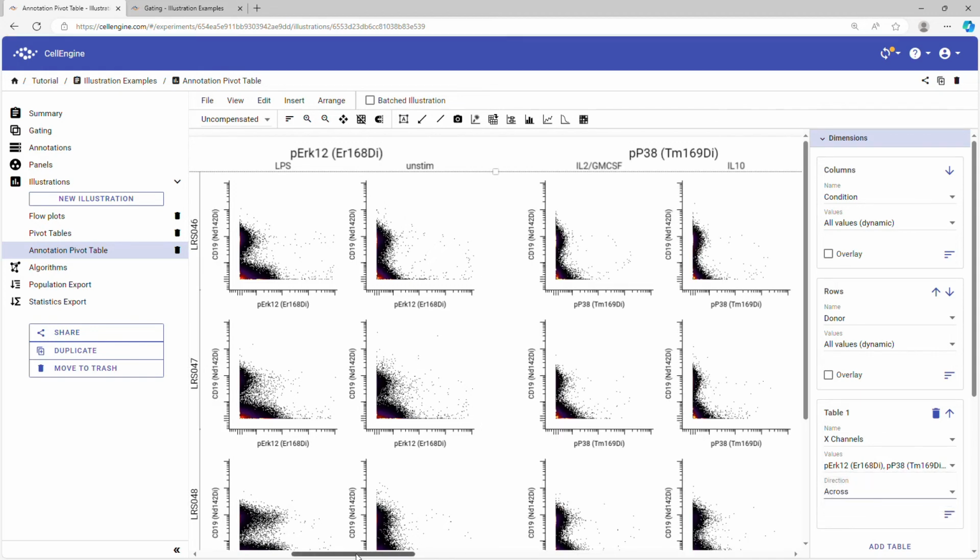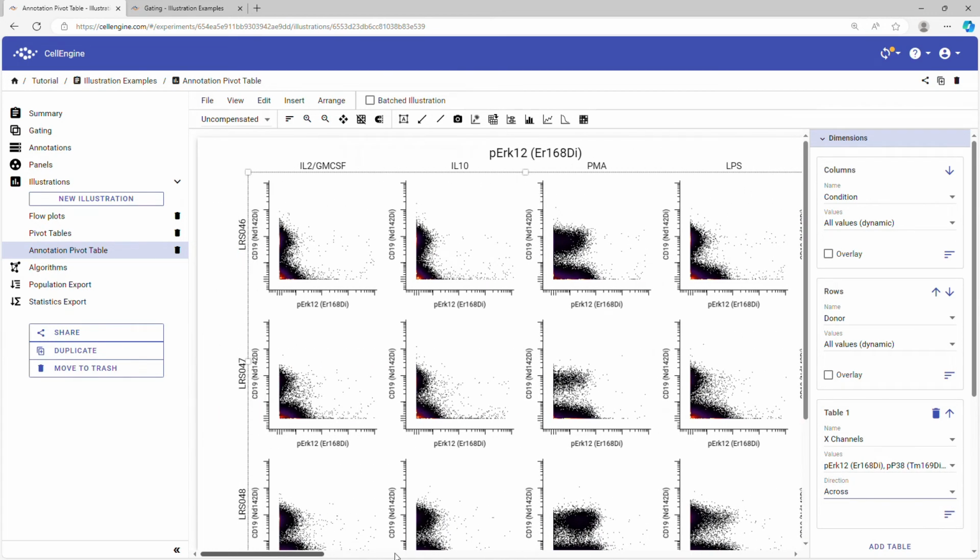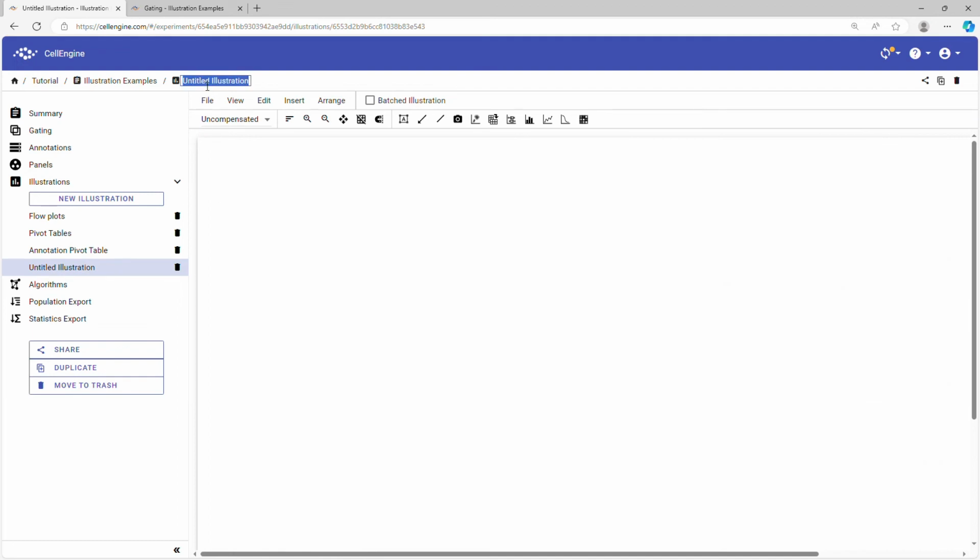That way, you can set up large grids of flow plots for review and comparison and easily reorganize them on the fly. However, the flexibility of pivot tables can make it challenging to set up at first. Our documentation has a section of examples with specific steps for making several kinds of pivot tables. For the rest of the video, let's take a look at some of the most common use cases for pivot